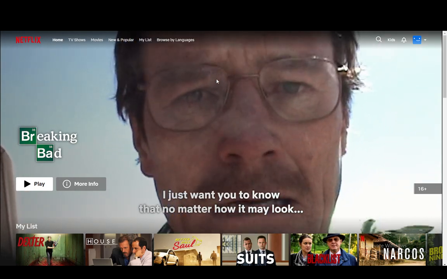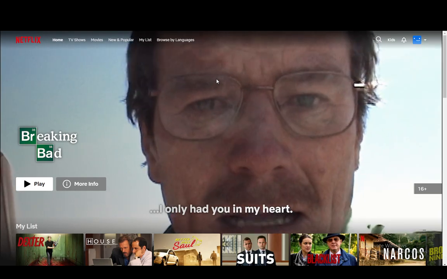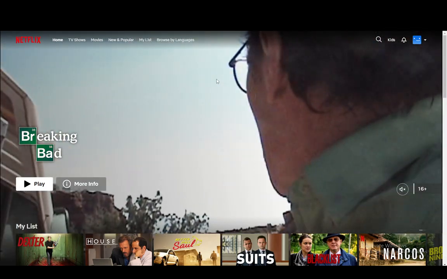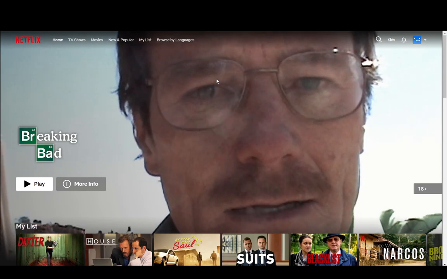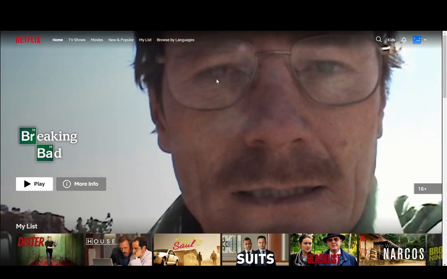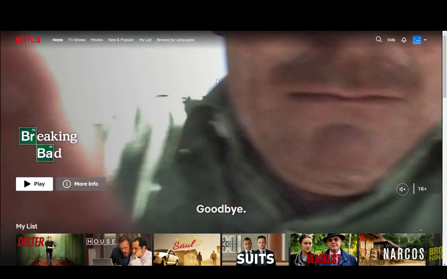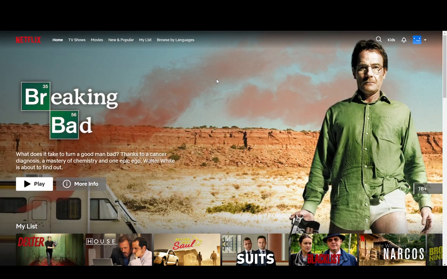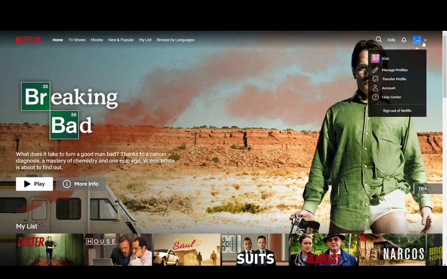As you can see, I'm logged into my account on Netflix on the PC website version on my Google Chrome browser, and I'll be using this to explain. However, the process is very similar for the mobile version as well, so just follow my steps and you should get it very easily. Now, what you want to do to turn off auto payment is go into your account,